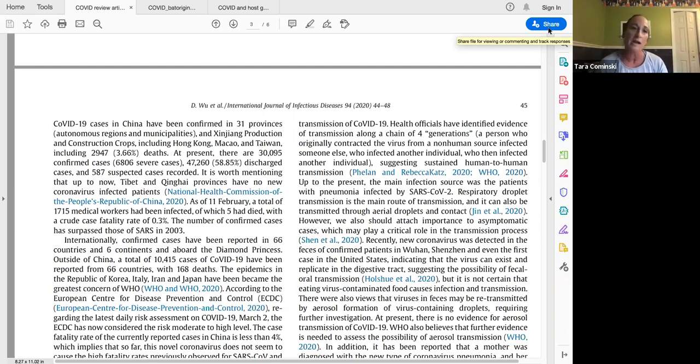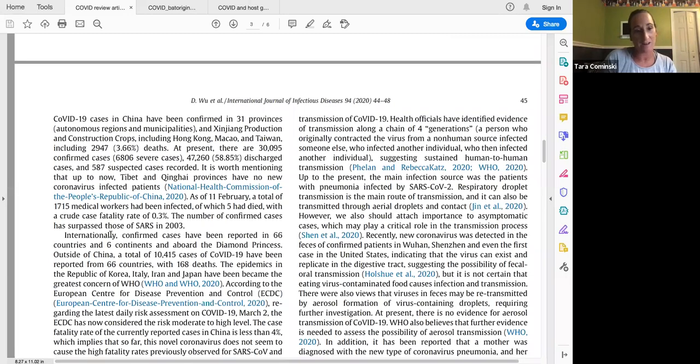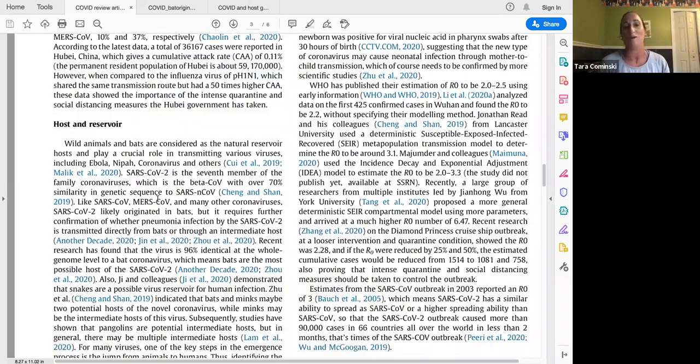But think about, and I ask you these discussion questions after, the role of genetics in studying viruses particularly, right? We talked about the genetics of the virus itself. Actually, I'll pull this up, because I think this is kind of interesting. If you look at this section where it talks about the host and the reservoir, and what role animal hosts might play in transmission. I ask you something about that in the discussion question.